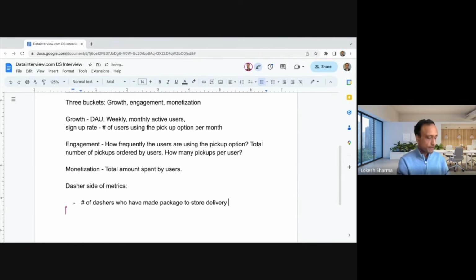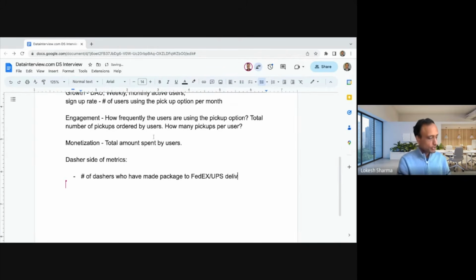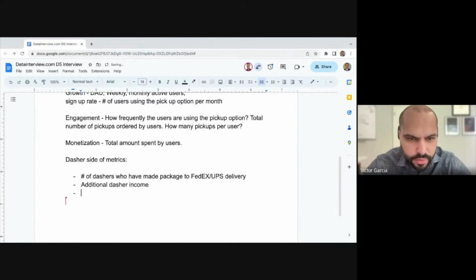So essentially number of dashers who accepted and delivered those packages to UPS and FedEx. And then also the additional revenue that dashers are earning because of this option, right? So other than delivering the groceries and prepared food, what is the income that dashers are earning because of this new feature? Okay. Additional dasher income.